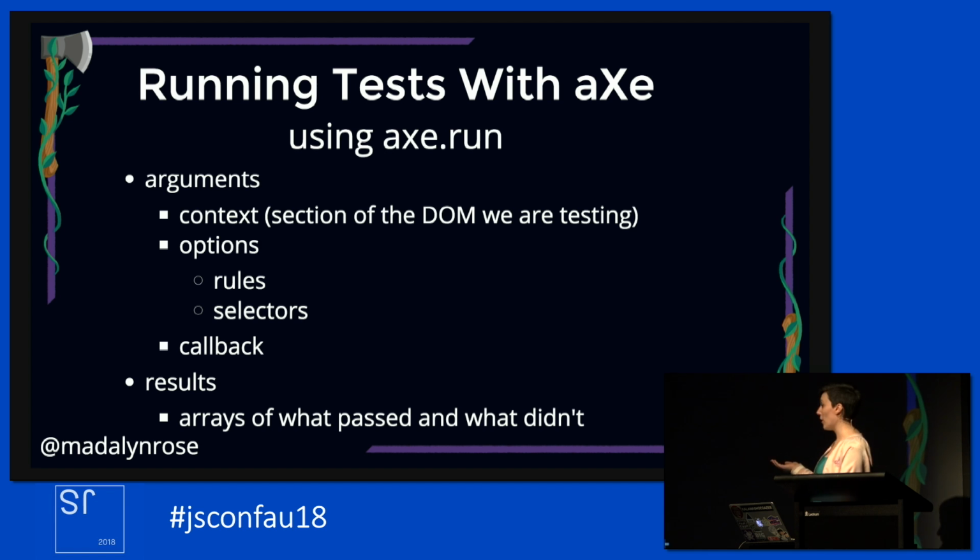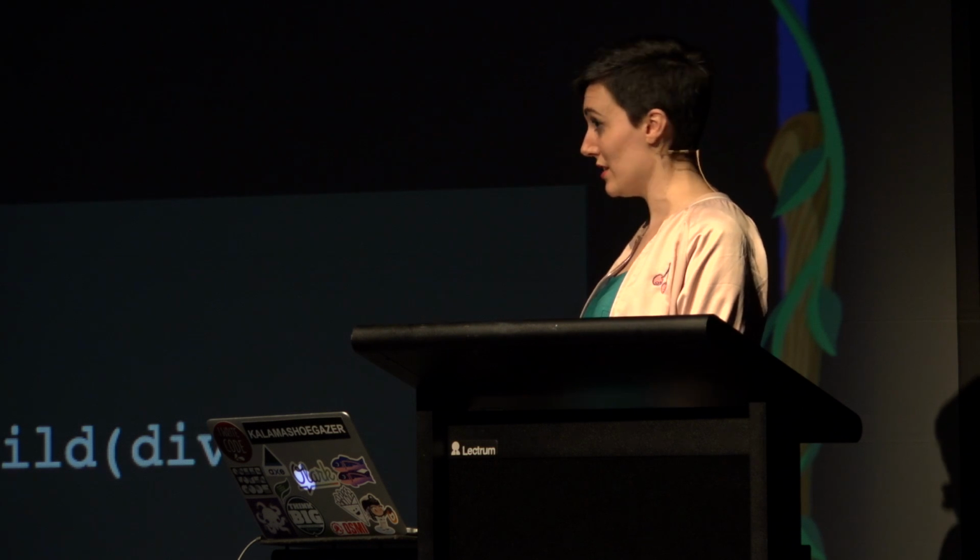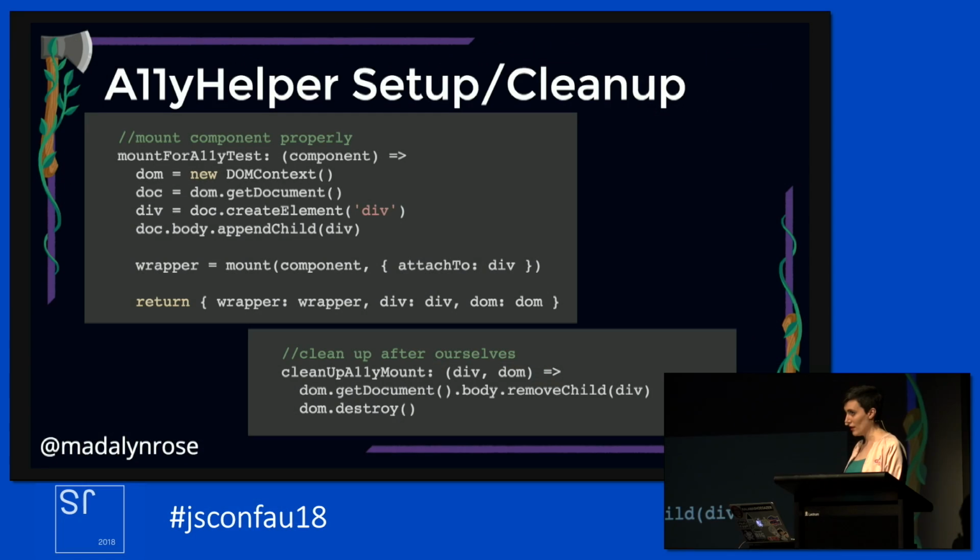And then you pass in a callback to be called after the audit actually runs. And that returns these results, which are arrays of what passed and what didn't. So there's an array of violations, an array of what passed, and I mostly looked at that array of violations. So this code is based on a gist that I found of Marcy Sutton's. I will be tweeting out resources at the end of this,